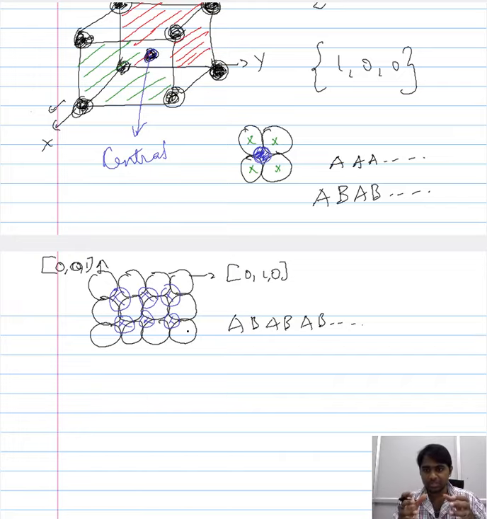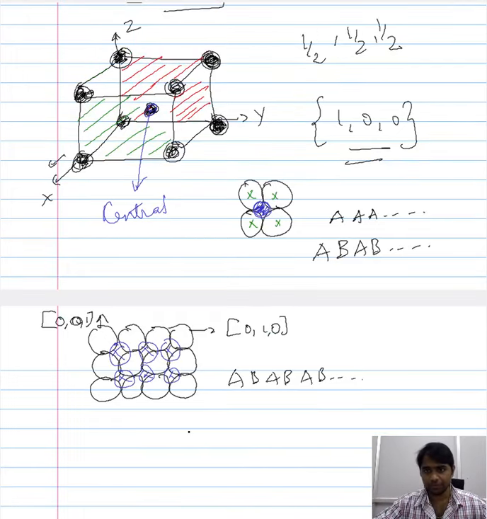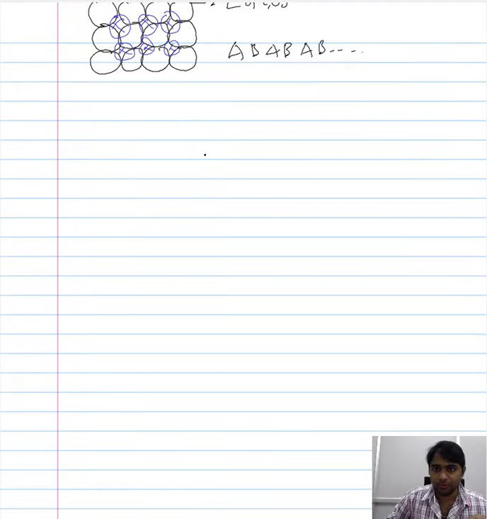So in this orientation, when you focus on the 1 0 0 family of planes and look along the 1 0 0 direction, the stacking sequence of the BCC structure is AB, AB and AB. It continues forever. Now if you shift your focus from the 1 0 0 family of planes to 1 1 0, like what we considered for the simple cubic structure, if we shift our focus from 100 to 110.